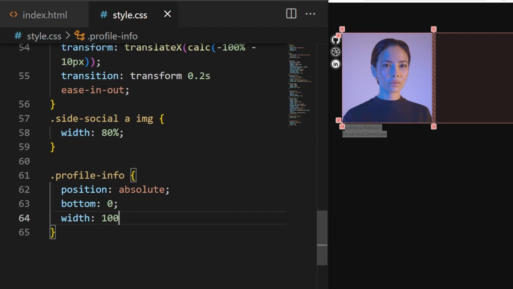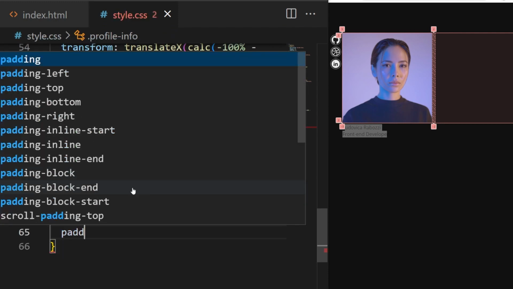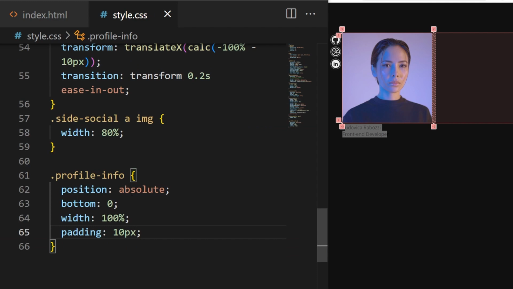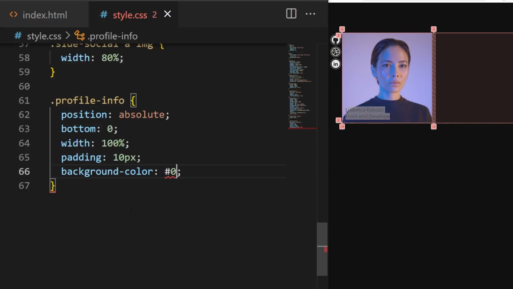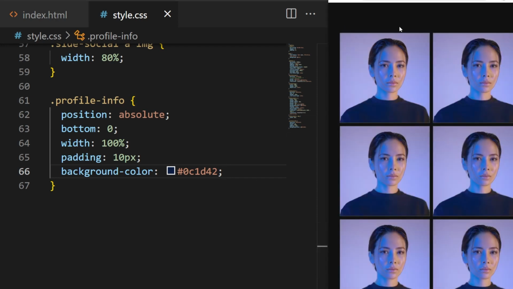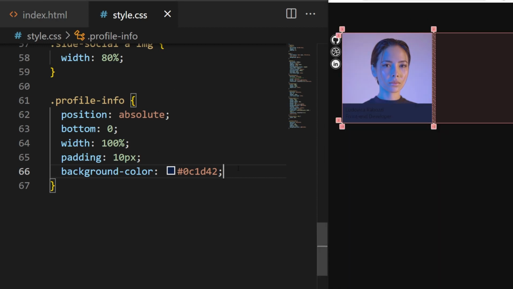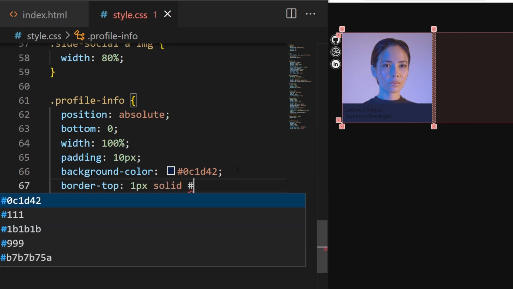A width of 100% of the card, a padding of 10 pixels to make the design breathe, background color #0C1D42, kind of dark blue. So I took the blue out of the pullover, the cloth of the woman right there. Okay, so this is the same blue. Great. Border top 1 pixel, solid, hashtag